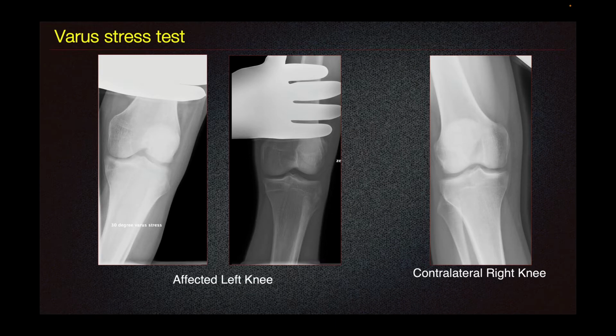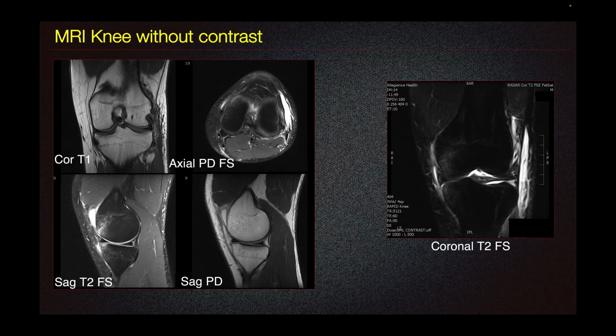However, varus stress testing is not part of the routine workup in patients with knee injury in the emergency setting. The patient also underwent MRI of the knee without contrast. Here on our coronal T1 imaging, we can see some hypointensity along the expected course of the fibular collateral ligament. And on our axial PD fat sat imaging, we can see this edema just superficial to the fibular collateral